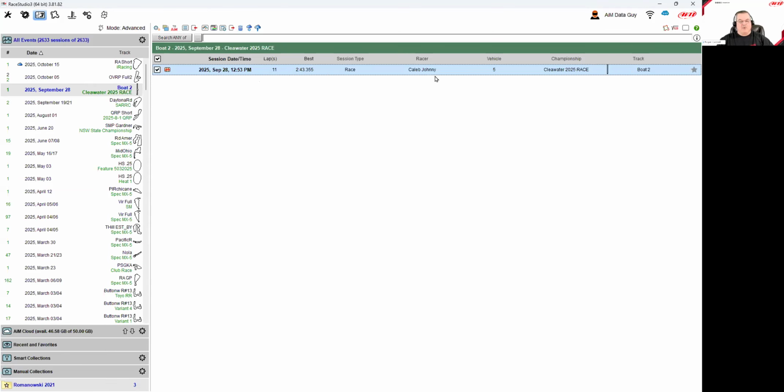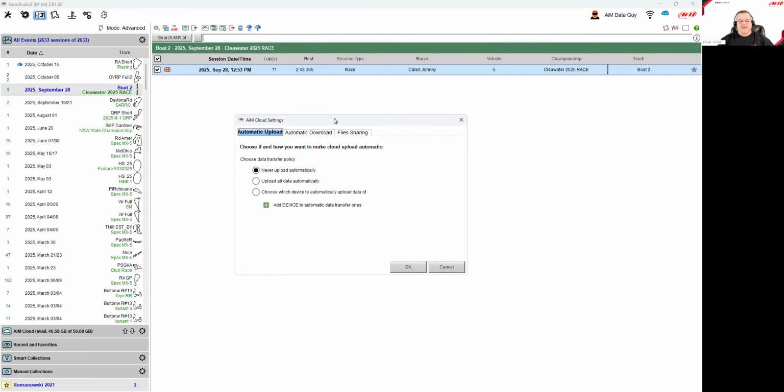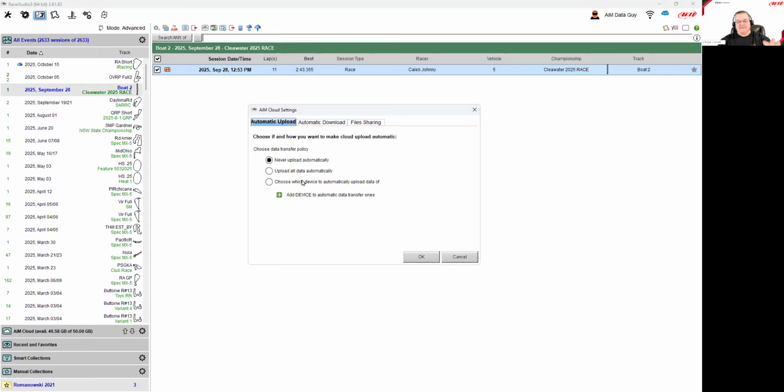So let's say you wanted to get rid of a test. There's a little garbage can. You click on that. You want to permanently delete from the database this selected session. I'm going to say no, but you can do that. You can work on some of the cloud settings that we're not going to go into detail on, but you can open this up